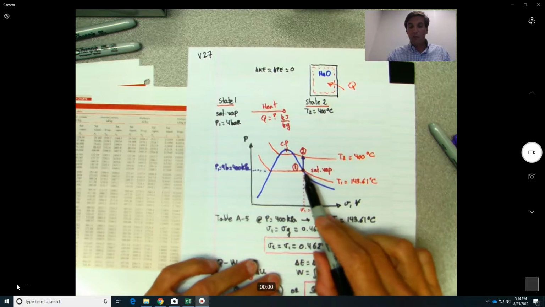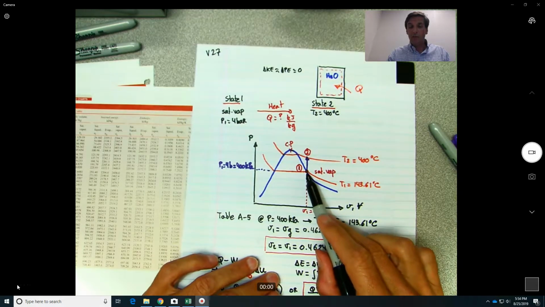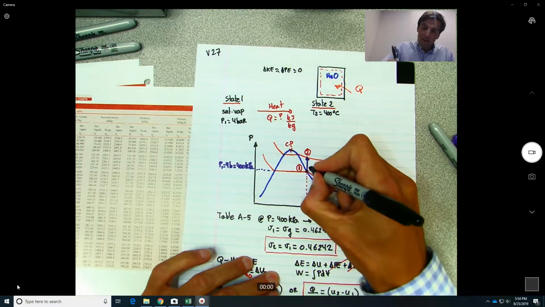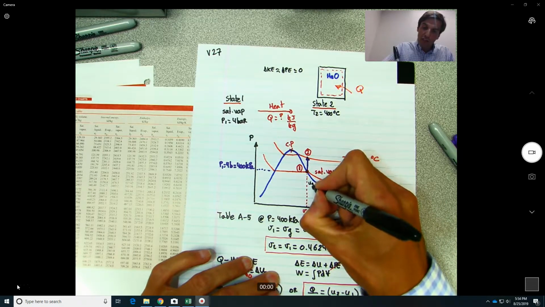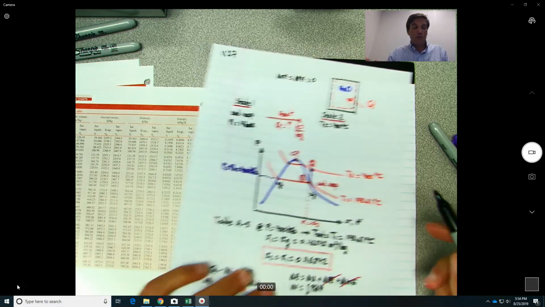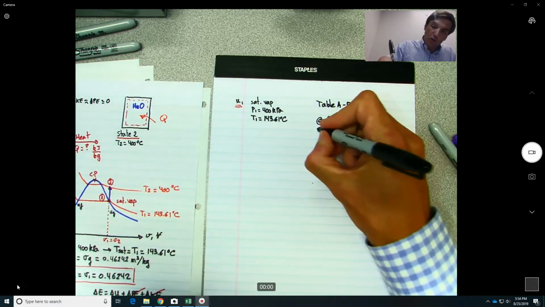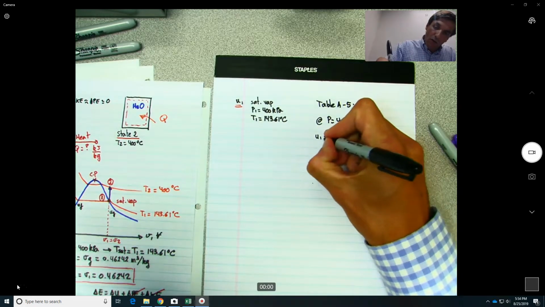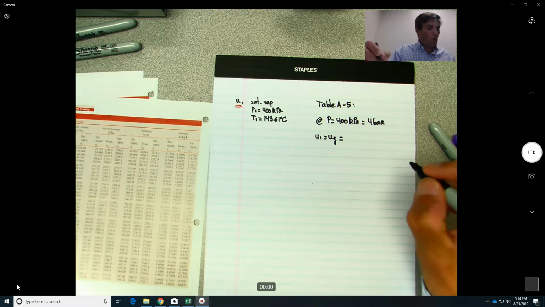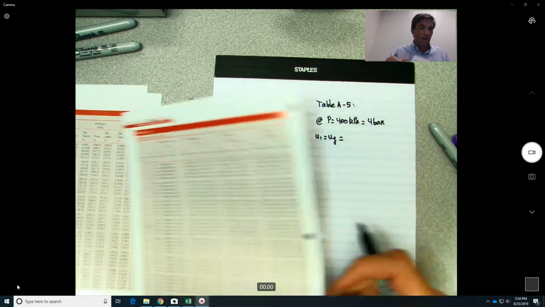We know that U, the initial energy, will be at the U at the saturation. So this point over here, this is UG, this will be UF. So UG is this point over here. So we know U1 will be equal to UG, and that is equal to table A5,